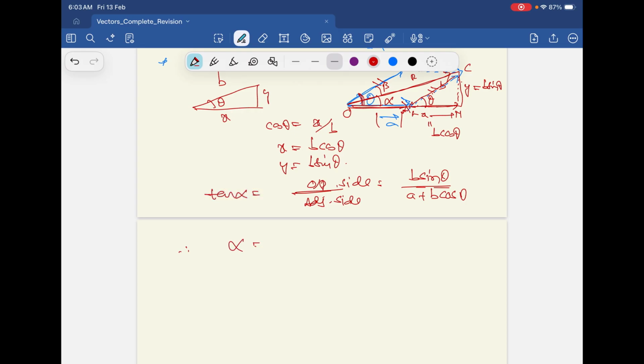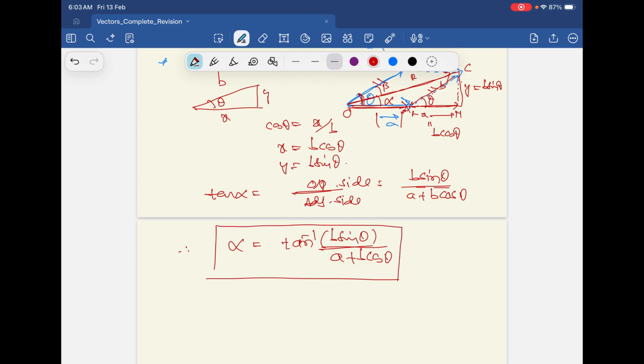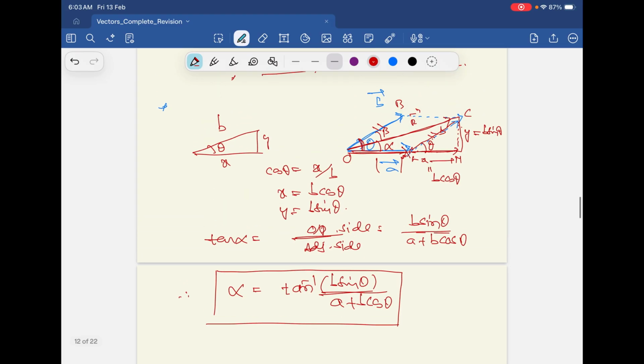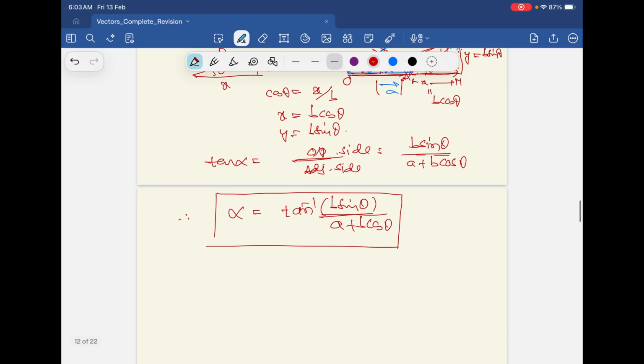So you can write alpha as tan inverse of b sin theta by a plus b cos theta. We have seen, students, this is the angle made by the resultant vector with any one vector. Clear? Now we can also prove here, students, if two vectors are of equal magnitude, if a is equal to b,